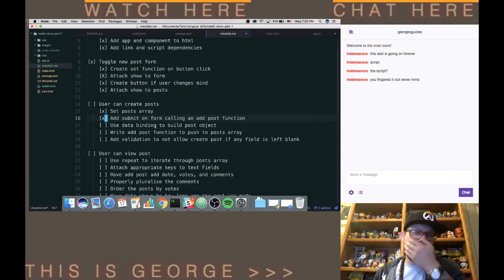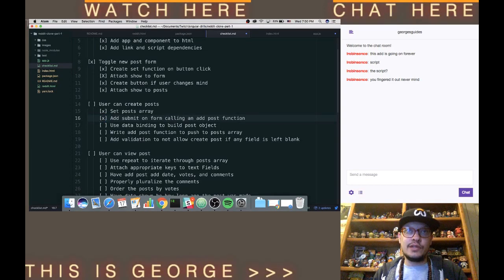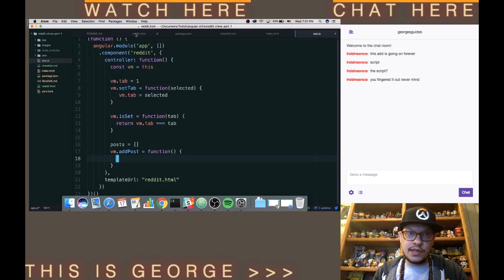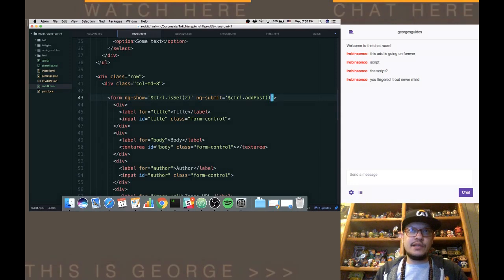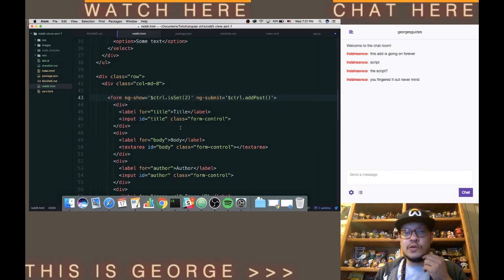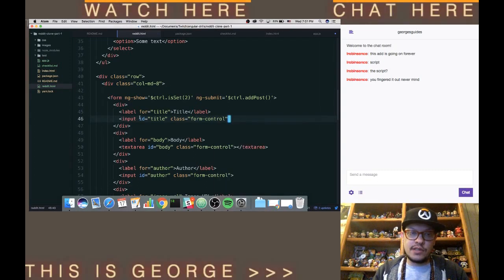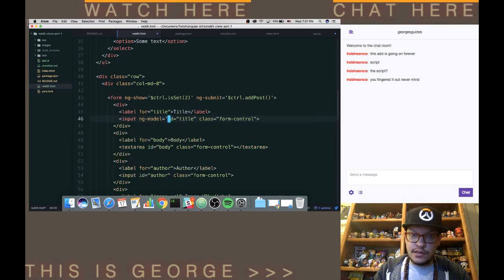So, okay, use data binding to build the post object. So we're going to use Angular's data binding to build an object that we are going to call post. So this input takes in a title. And so we are going to, actually I'm just going to put it at the beginning. So we're going to do ng-model, and we're going to say that this input is,